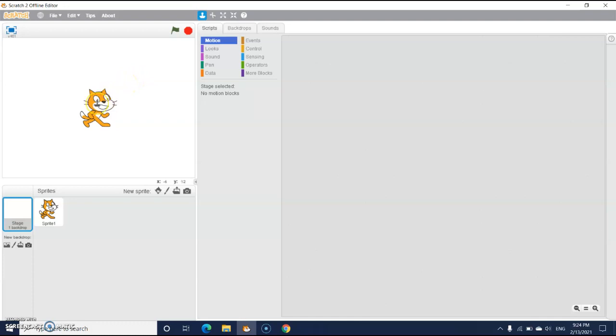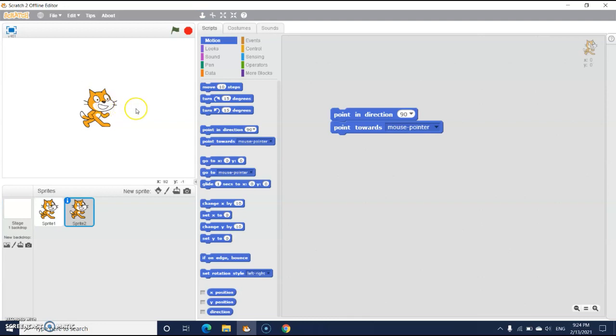You can just click on the sprite which is selected and just click. You will find a duplicate copy of a sprite. Look at the sprite list. One more cat sprite is added over here. Second cursor control tool is delete. When you select this tool, your mouse pointer will get changed to scissor symbol. When you click this scissor onto the sprite, it will get deleted from the stage.